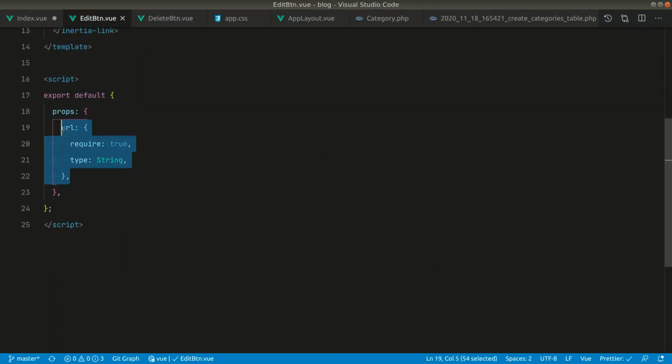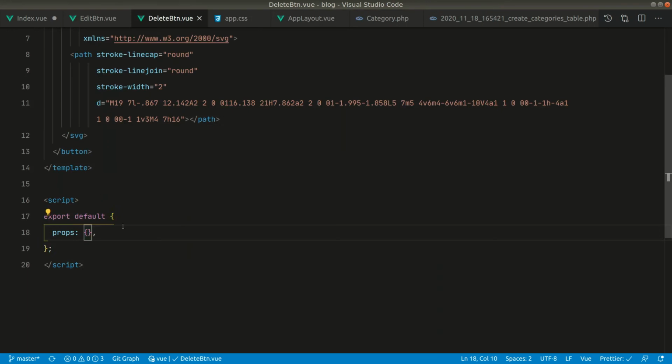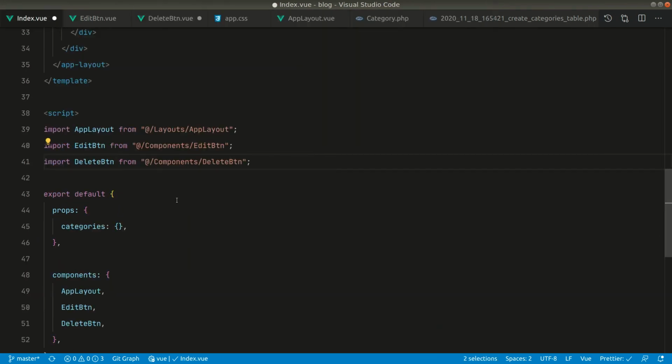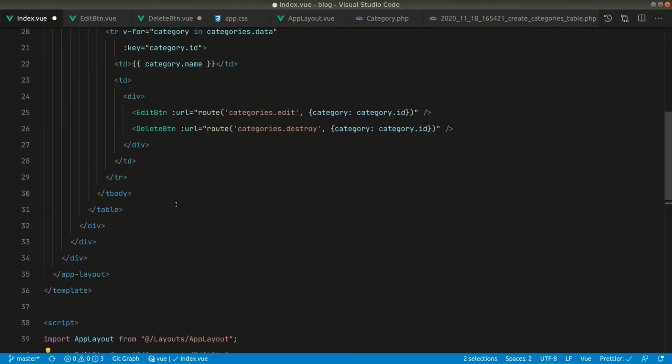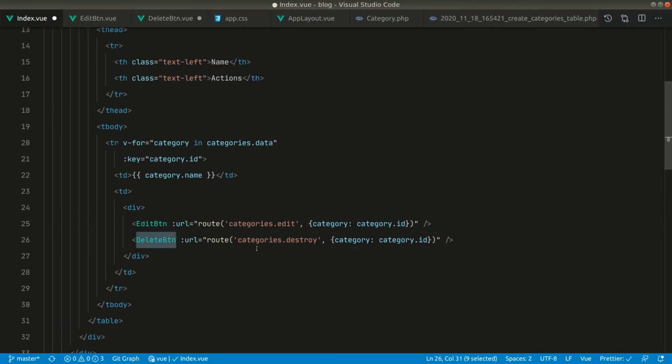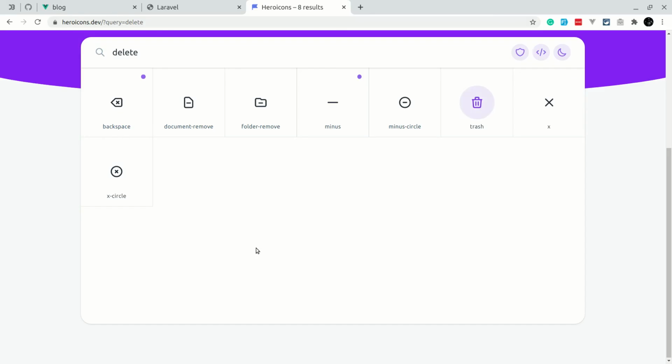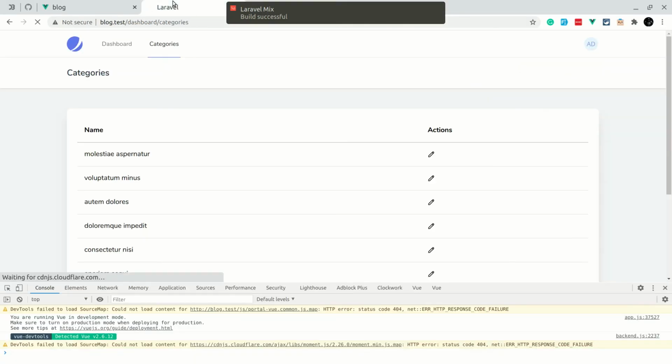So let me copy this and paste it here. And now if we go in the index page, we have done all the importing and using of this delete button. Now if I go in the browser and refresh the page,